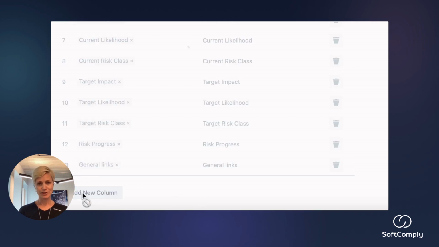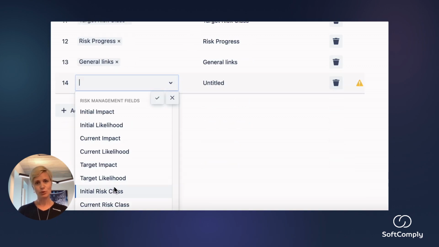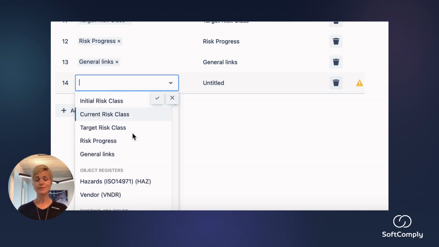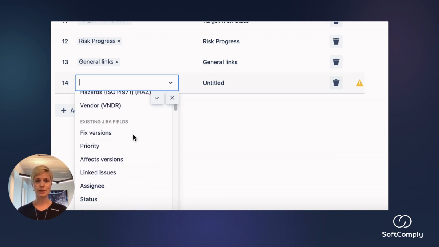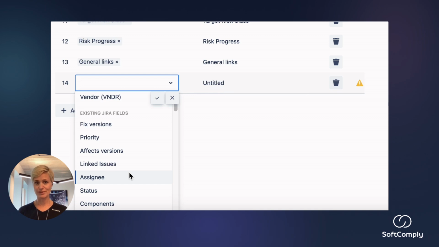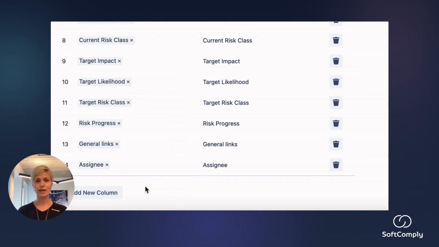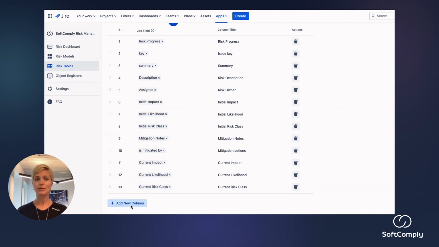Now it is time to customize the table further. You can add all existing Jira fields to the table. You can include issue links that will help you to track the mitigation actions linked to a risk. Additionally, you will be able to add any number of custom fields to this table to make it fit for